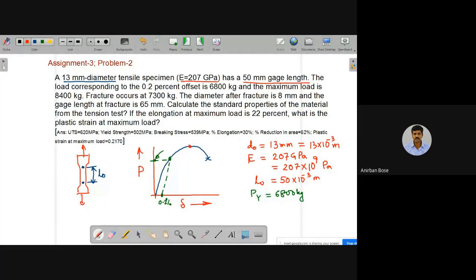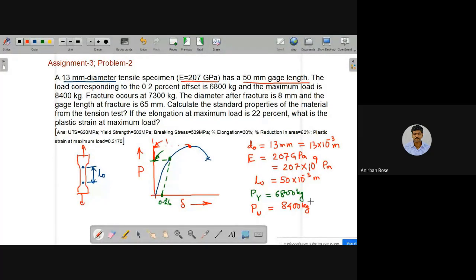So the maximum load is basically corresponding to the ultimate point. So this is corresponding to the ultimate point, so write P ultimate, Pu, and that value is given as 8400